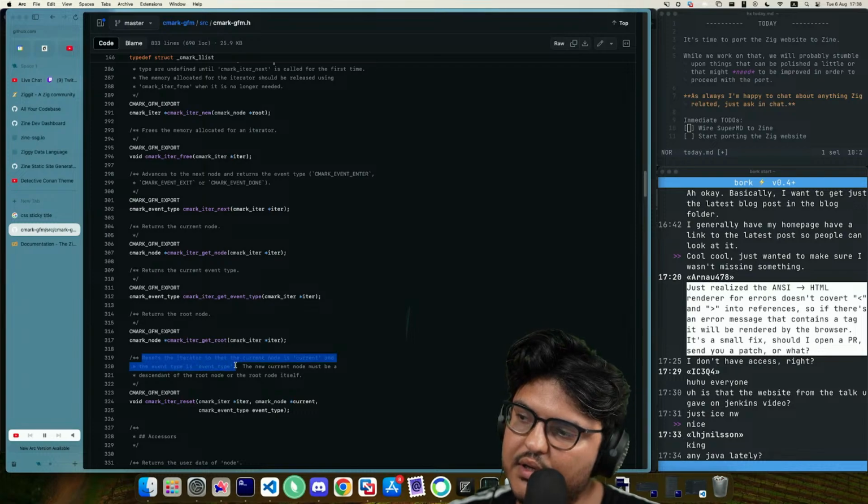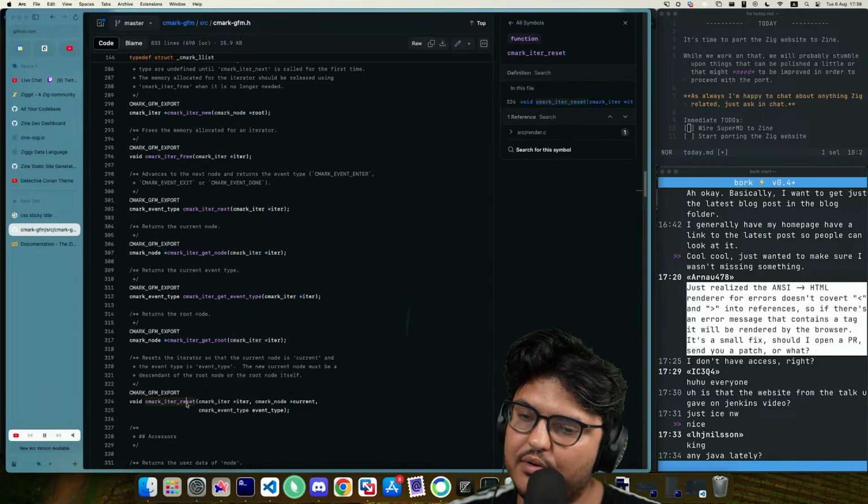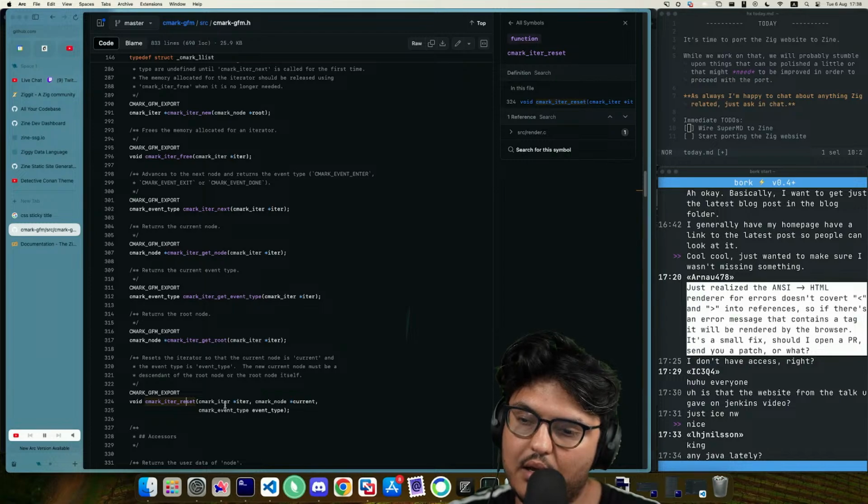Resets the iterator so that the current node is current and the event type is event type. The new current node must be at the center of the root node or the root node itself. So we can reset the iterator on the node that we are being given, and then keep track of the level thing.